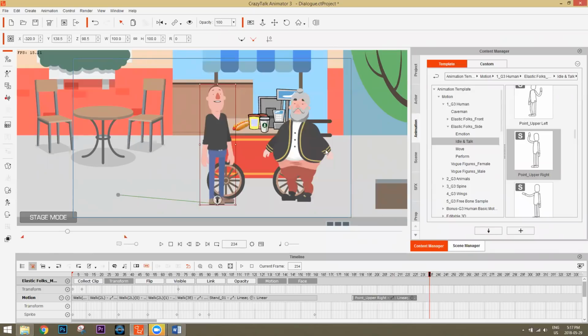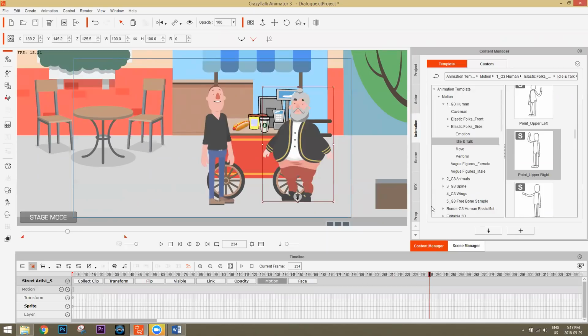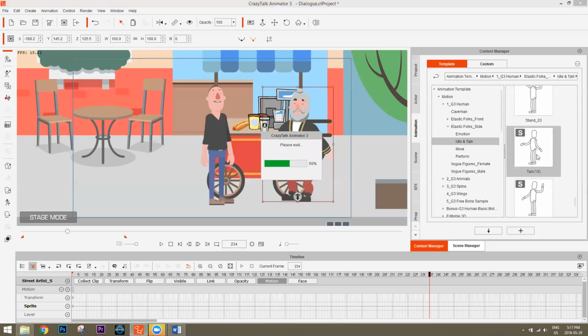Now we move on to our street vendor character. And because we have that object-related track selected, we can just click on him and it'll replace the tracks in our timeline here. Okay, so with this guy selected, let's go ahead and use our motion track, open up the motion track rather, and go down here to talk, all right? So we'll just have this talk 1S start.